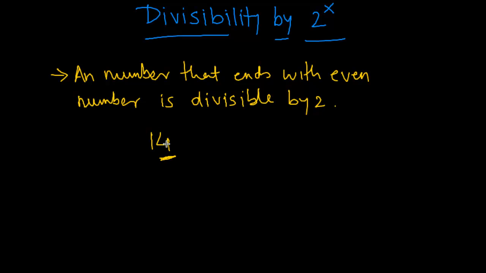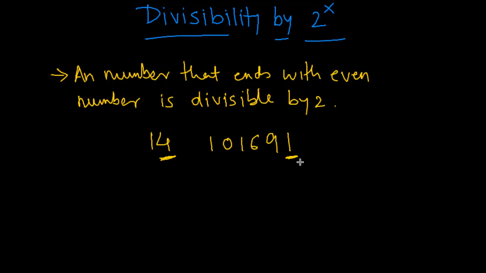if the unit place is 4, that is, the unit place is divisible by 2, then this entire number would be divisible by 2. If you are given a number like 101691, without even dividing, you can straightaway tell that this number won't be divisible by 2 because the units place is an odd digit, and hence the number won't be divisible by 2.